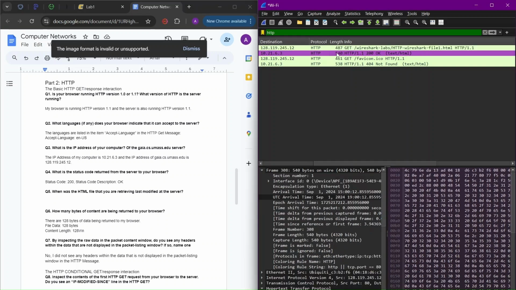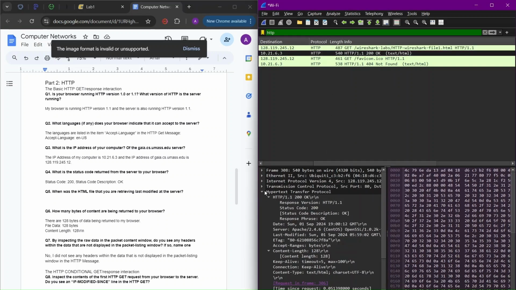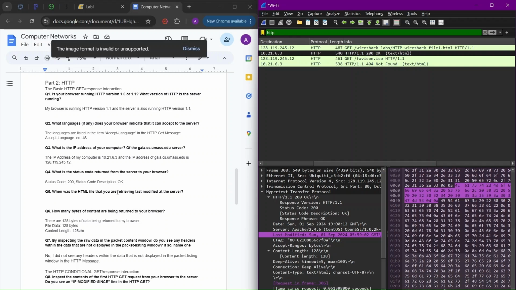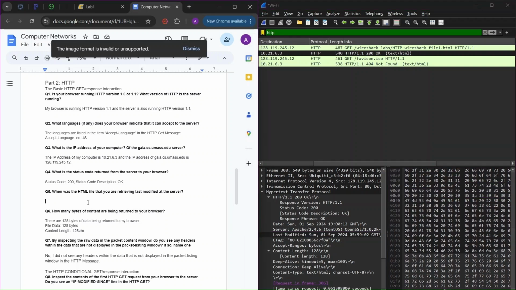Now, status message. When you click right here from the server, it's status code 200 with the status code description OK, response phrase OK. What's the last HTML file that you're retrieving? Last modified. So it says last modified